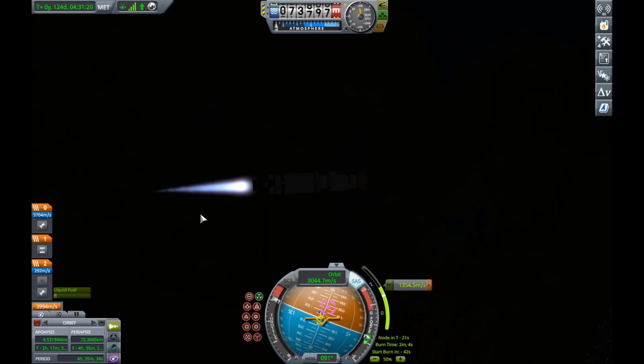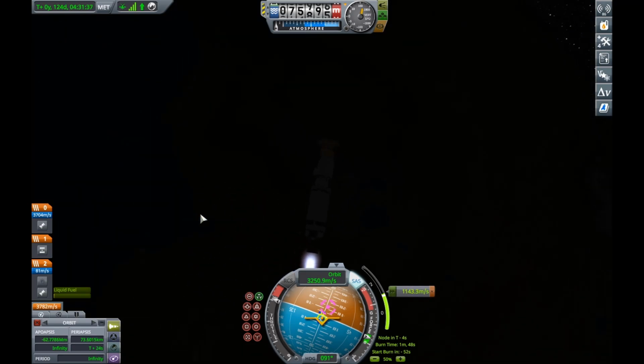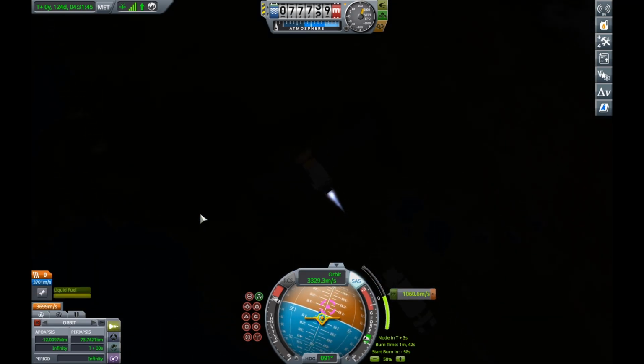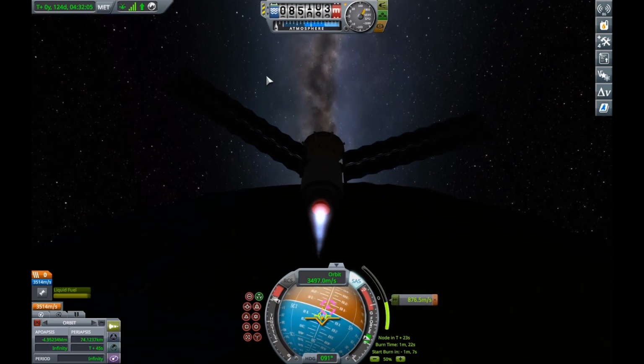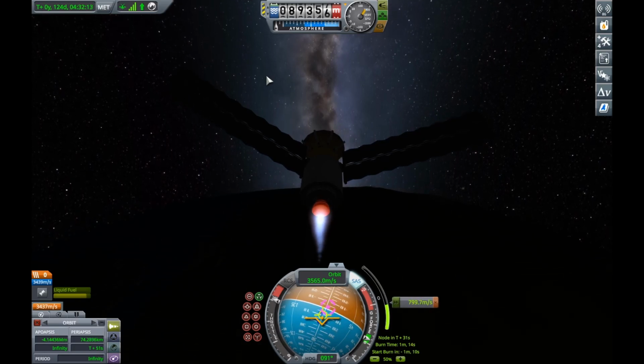Now, engines like the nuclear engine do actually generate more delta V for a small amount of fuel. However, they cost $10,000 to put on your craft, whereas the Terrier engine that you can see I'm burning there only costs somewhere in the vicinity of $1,000, maybe less, to mount to your craft,